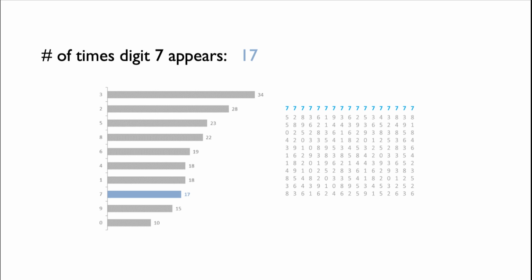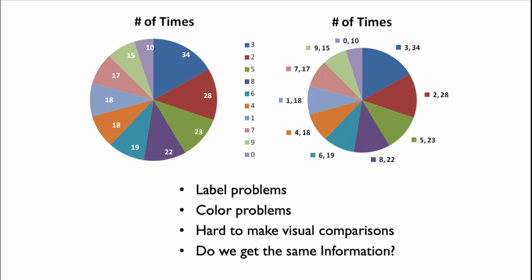Now, the same information we had there, I just turned into pie charts. And as you can see, the same information. Can you find what happened here to number 7? Compare it here. How much easier it was to find that number 7 appears 17 times and to compare it